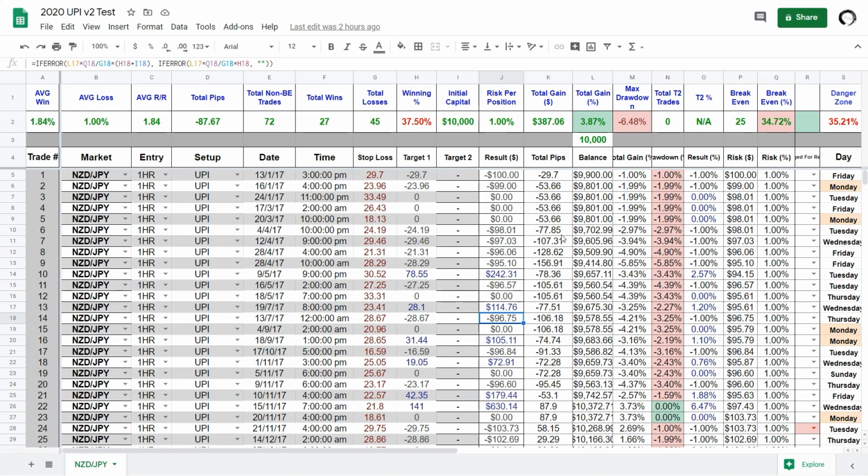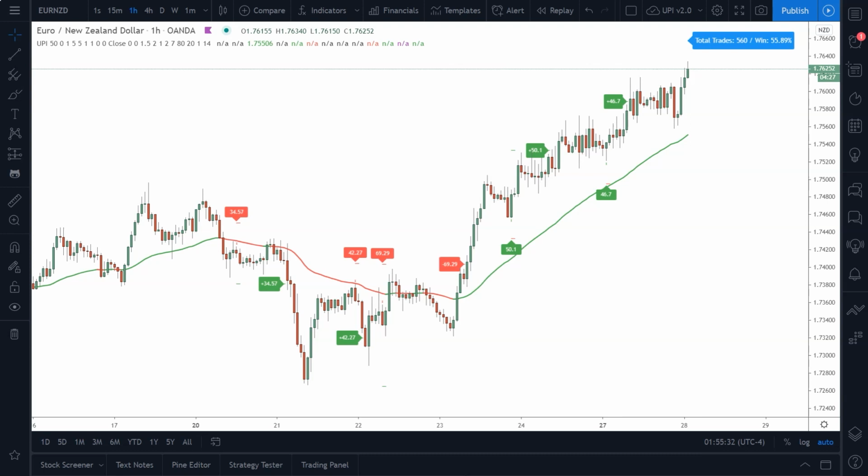And without further ado, let's get into the settings tutorial. All right, so when you load the Ultimate Pullback Indicator script onto your chart, this is the default view that you'll get. So before I open the settings menu and start running you through the settings, I'll just explain what you're looking at here. So up here on the top right, we have our label,